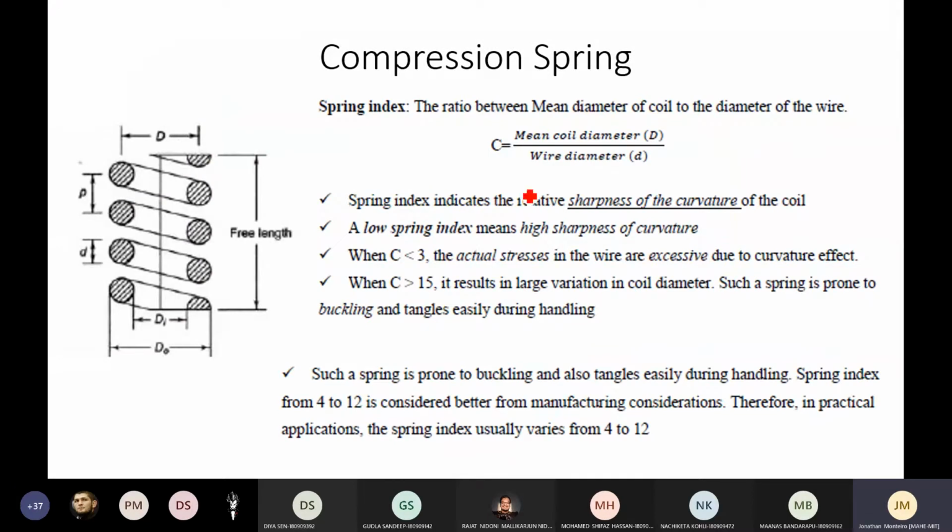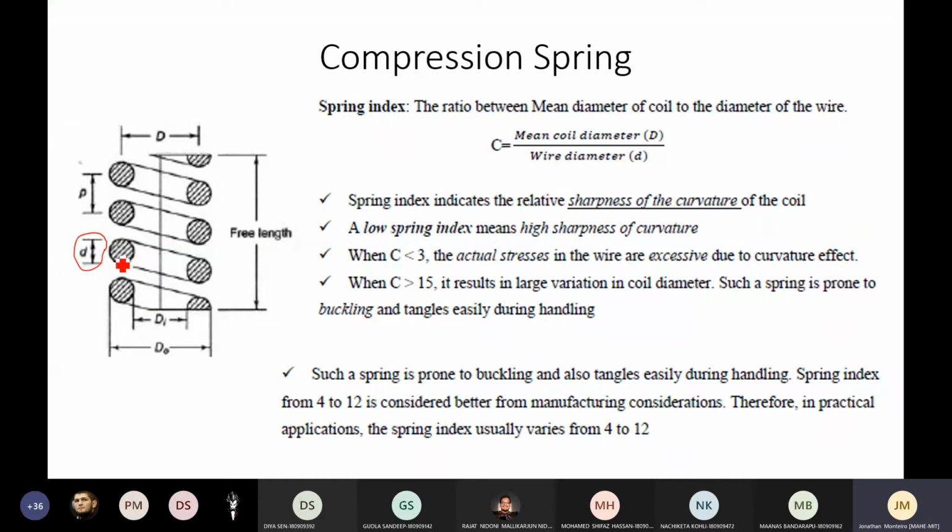Okay, before I move on to the concept of spring index, let me just define what is this D, Di and Do. Okay, when you hold a spring or keep it in uncompressed state, you know it is made up of a wire. Once the wire is wound, whether it is hot rolled or cold drawn in any process, finally it will achieve a shape like this with some distance in between. First of all, the wire that is used in making the spring, we call it wire diameter, and this is represented by this small letter d over here.